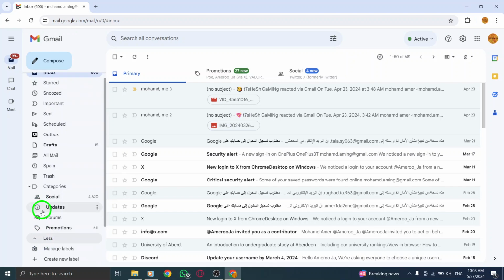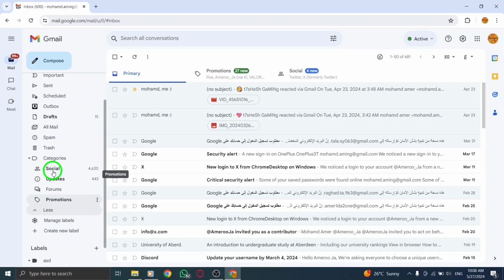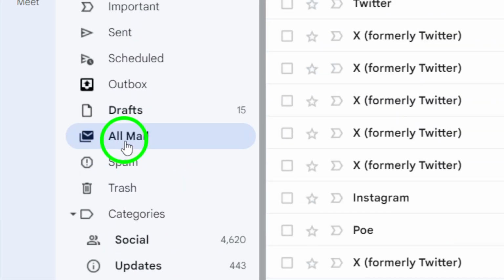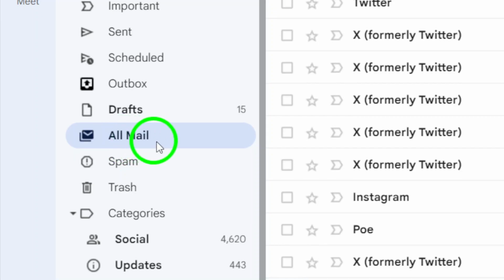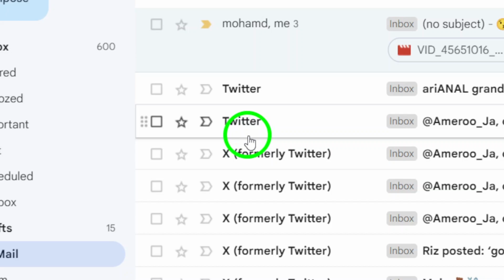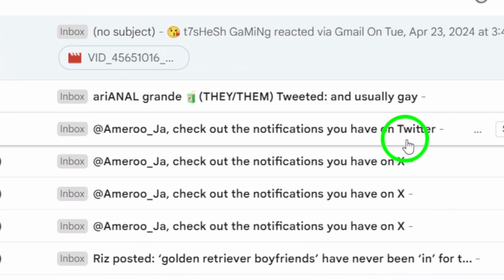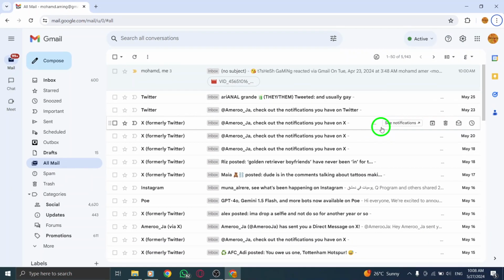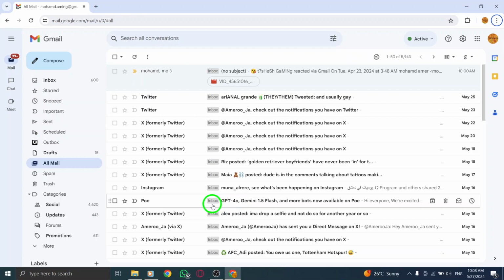Within the All Mail folder, you will find a comprehensive list of all your emails, including the ones you have archived. To retrieve a specific archived email, look for the email you want to retrieve. Archived emails are distinguishable as they do not have the inbox label associated with them. Easily spot archived emails by identifying those without the inbox label, making it simple to locate and retrieve the email